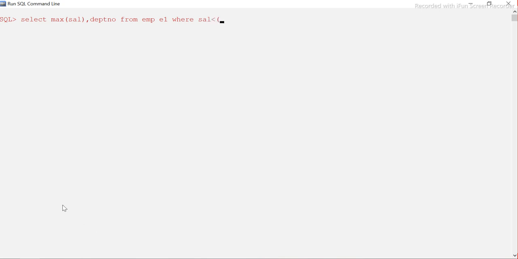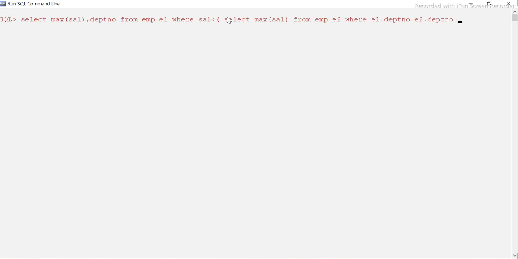So I need the maximum salary from this set, whatever we are getting. Let's try to write this query first and then we will see that later. So maximum salary from EMP E2 where E1.DPT number equal to E2.DPT number,